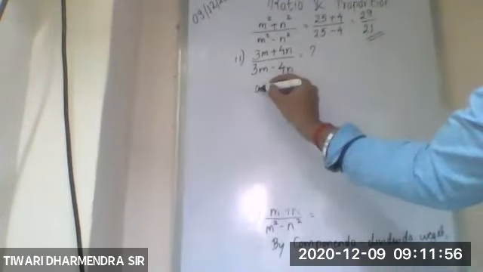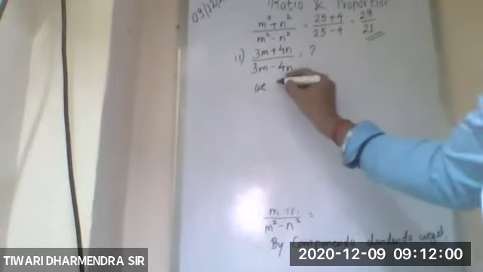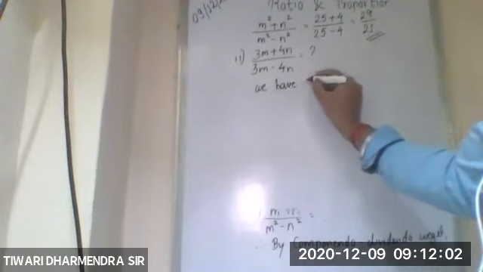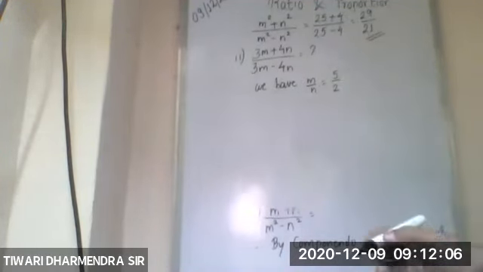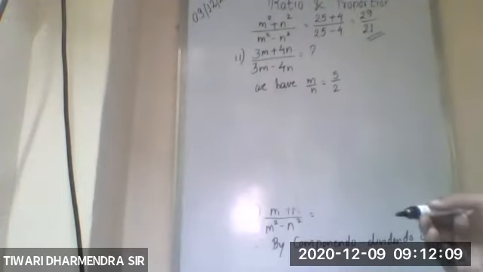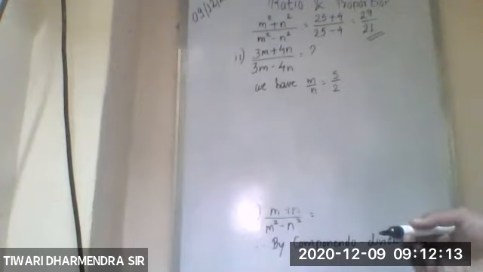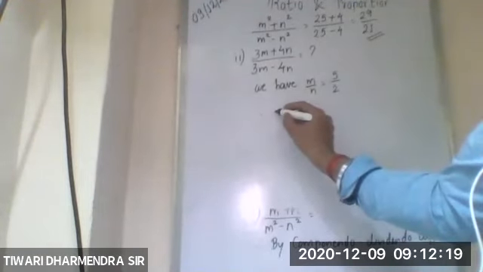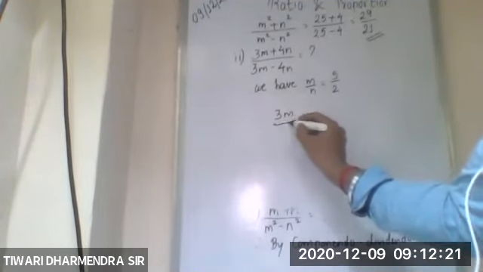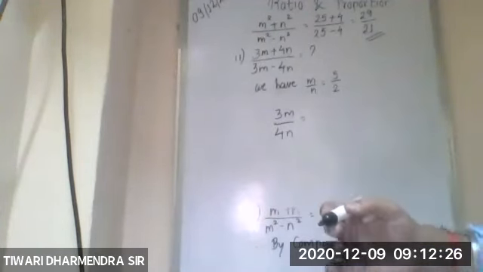So the demand is that along with m we should have 3, and along with n we should have 4. So therefore, multiplying 3 to m and 4 to n, the same thing we need to do on the right hand side,